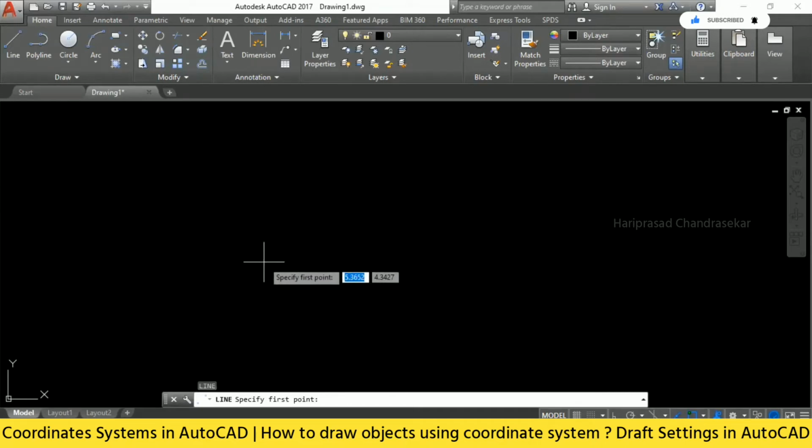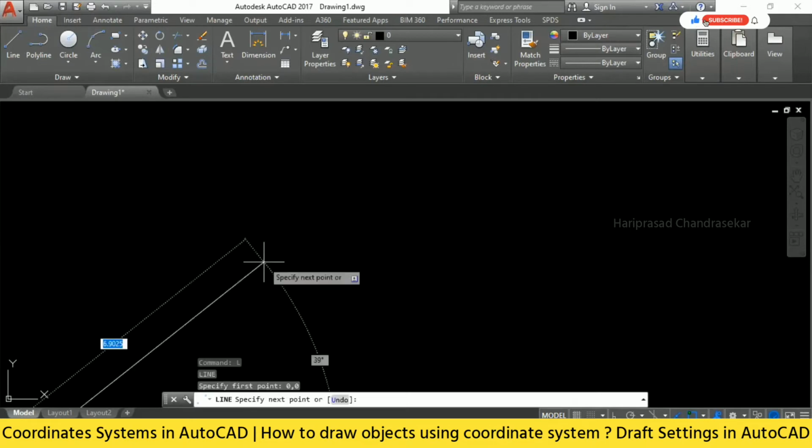For this first point, we are not going to use a mouse. Without the mouse, we are going to draw the rectangle having 10 cross 5, and for that we can make use of the coordinate system. Consider that we start from 0, 0. When you put 0, 0, it is automatically taken as x, y. Now the next point is asked, which is at a distance of 10 units. In the graph we have x and y, so we put in the x direction 10 and in the y direction 0. So 10,